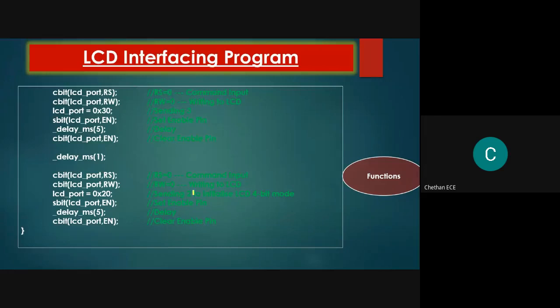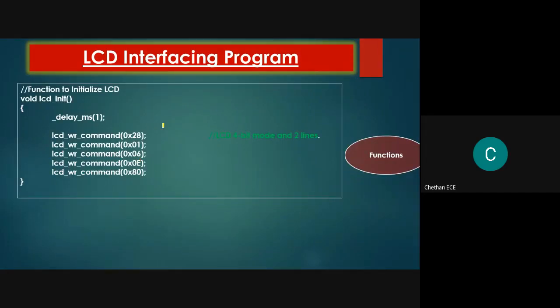After resetting the LCD, again we have to initialize 4-bit mode. To initialize 4-bit mode, we have to send the command 20H. Okay, here you need not send this 3 times again. Sending just 1 time is sufficient to initialize the LCD in 4-bit mode. Okay, and it's just a copy-paste operation: 3 times data, and initialize the LCD in 4-bit mode by sending 20.